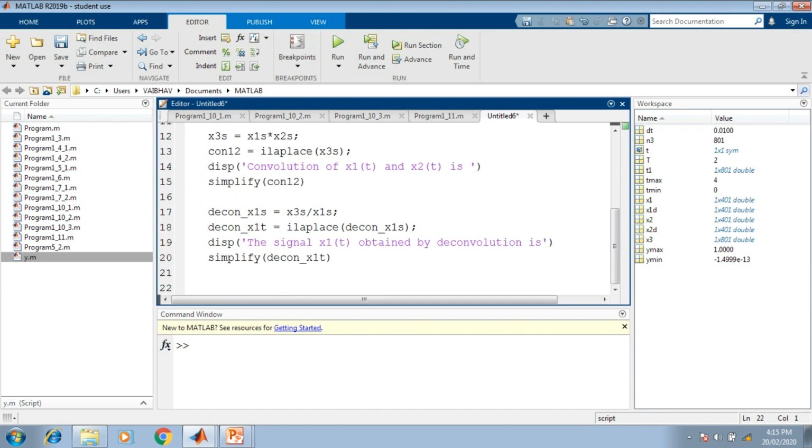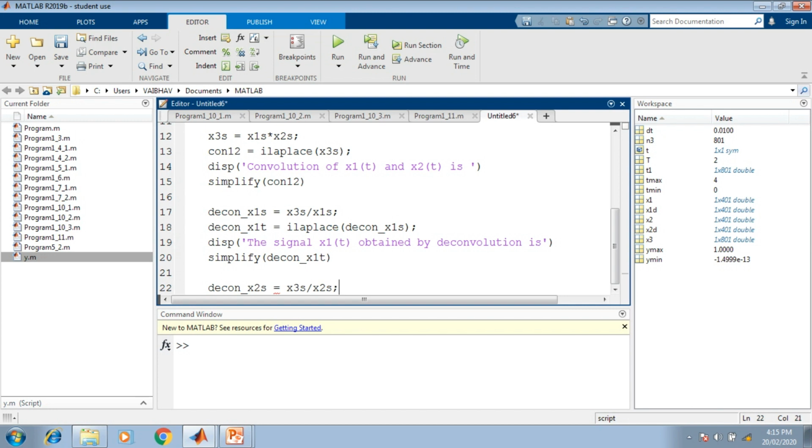Now the another signal to be extracted by the deconvolution, that step we go for decon underscore x2s here. So it can be obtained by x3s divided by x2s.